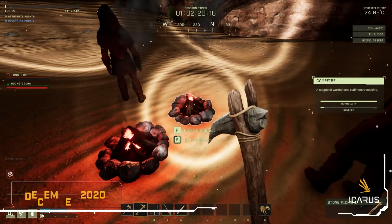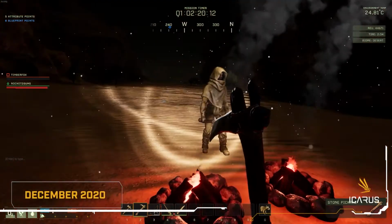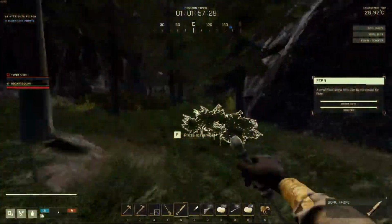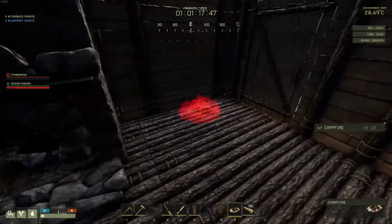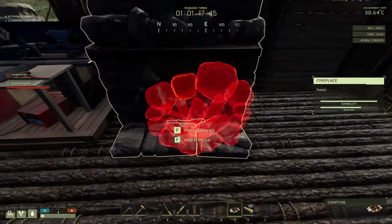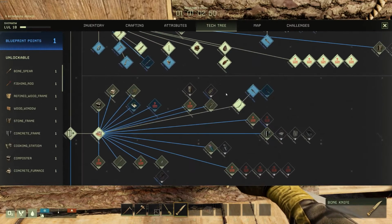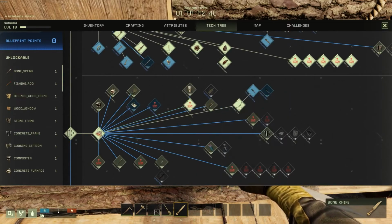I'm really pleased with how the temperature system's working. This is how I wish Ark worked. This is awesome. You see what I mean? You just don't get stuff like this in Ark. I'm really happy with how the chimney stuff works. And I wish that was in Ark. I love our building system, but it makes me so angry that Ark has not done it,